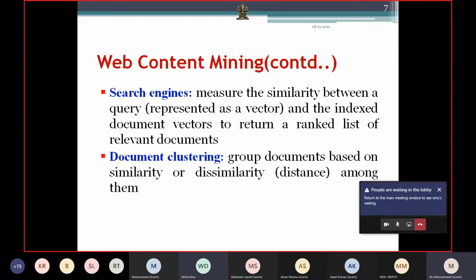So it is going to be grouping. Document clustering, as we are grouping the documents. Grouping the documents means, let us assume page one is there, page two is there. Page one is displaying something about sports. The second page is also displaying something about sports. I can group them as one group, as these pages are related to sports. So that is document clustering.